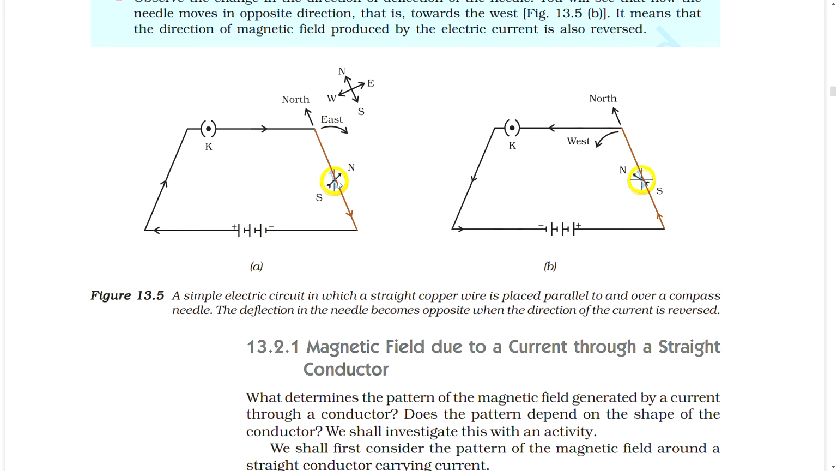south north compass, east north, north south west east. Okay, northwest, north south compass. Okay,